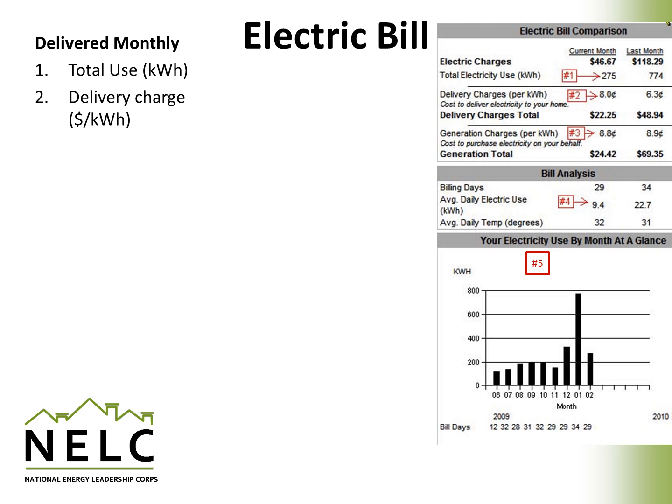The delivery charge in this case is 8 cents a kilowatt hour for the month. Delivery fees cover the utility's maintenance cost of lines and meters and administration. This might show up as a distribution or transmission charge, and either a fixed delivery charge or a variable delivery charge. The generation charge is 8.8 cents per kilowatt hour and reflects the cost of the utility either generating or